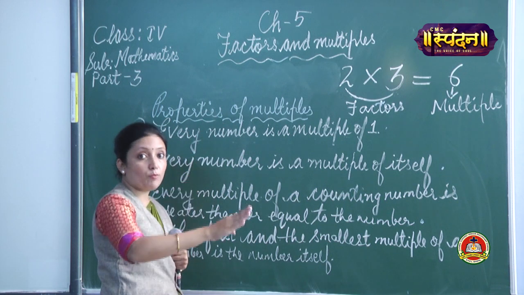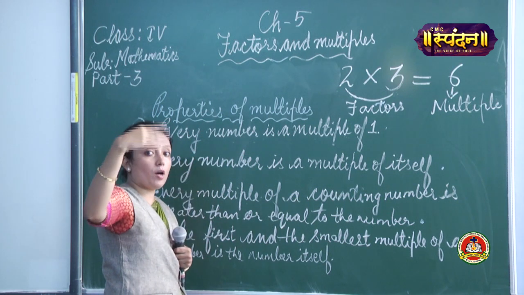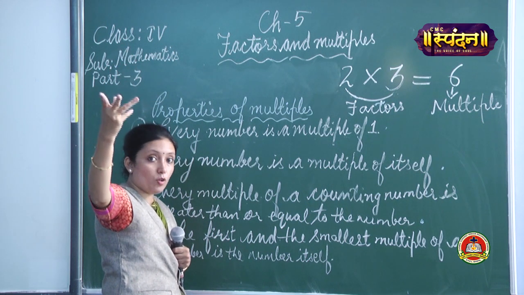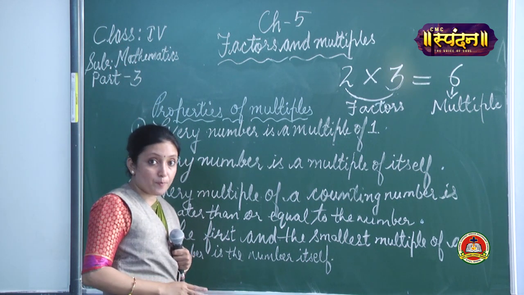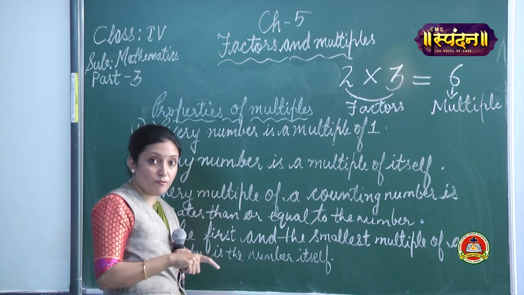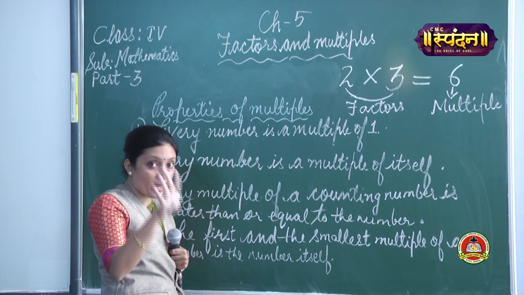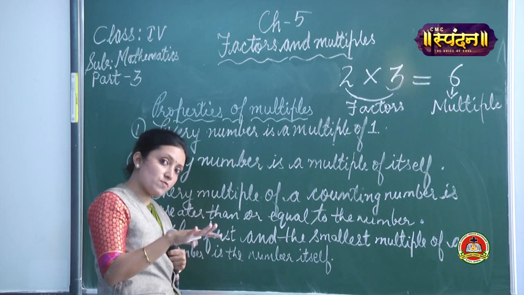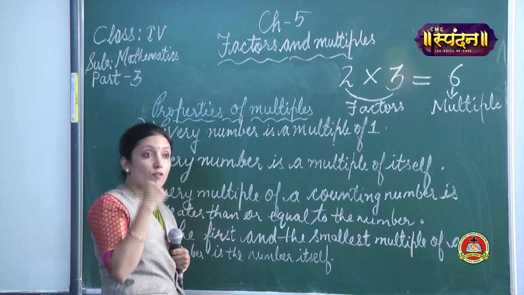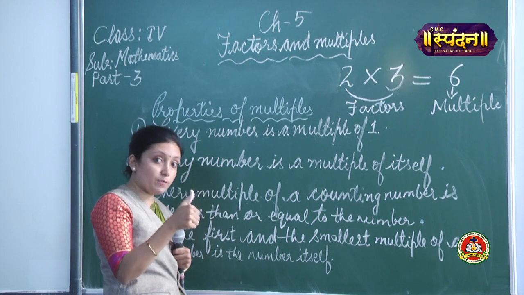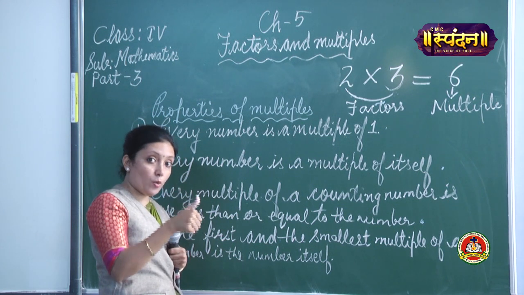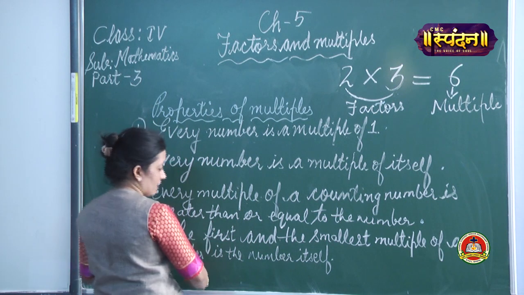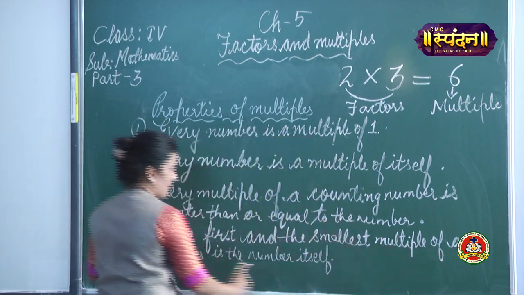That will be the smallest only, because when you move on, 2s are, 3s are, 4s are, 5s are, 6s are, it will be greater only. It can't be less than that, isn't it? The smallest will be the number itself, that is 5. If I am taking the table of 6, the smallest will be 6. If I am taking the table of 7, the smallest multiple will be 7, and the first will also be 7. So this one is satisfying that property.